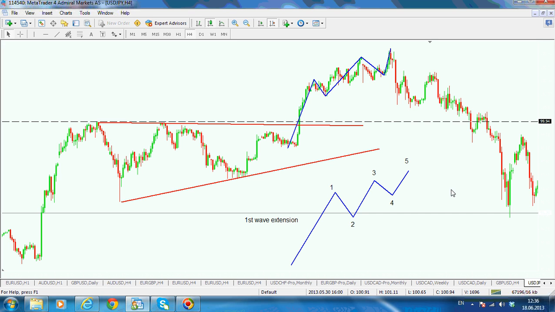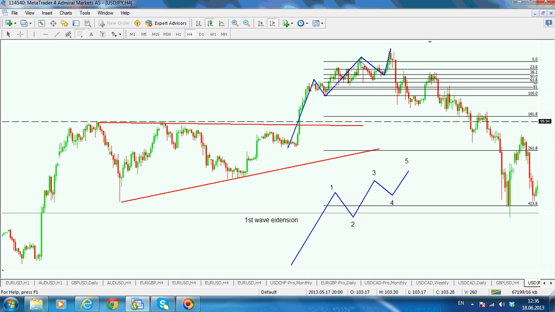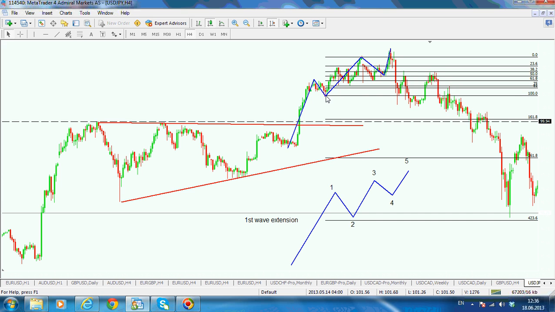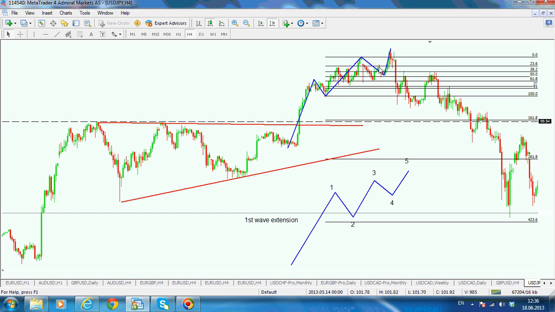the length of the third wave and look for a 161.8 extension. So this is the third wave from the lows. We need to measure it exactly. So from the lows to the highs, and you just take a trend line and you go from the highs here, from the 0 level until the 161.8. Let's change the color,